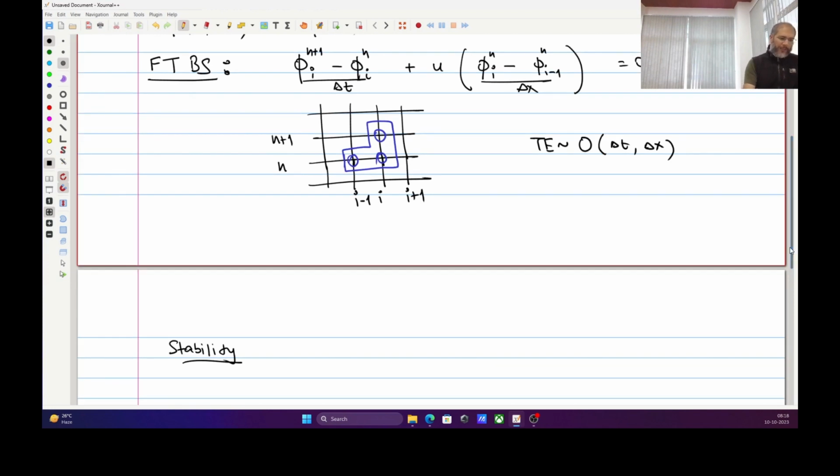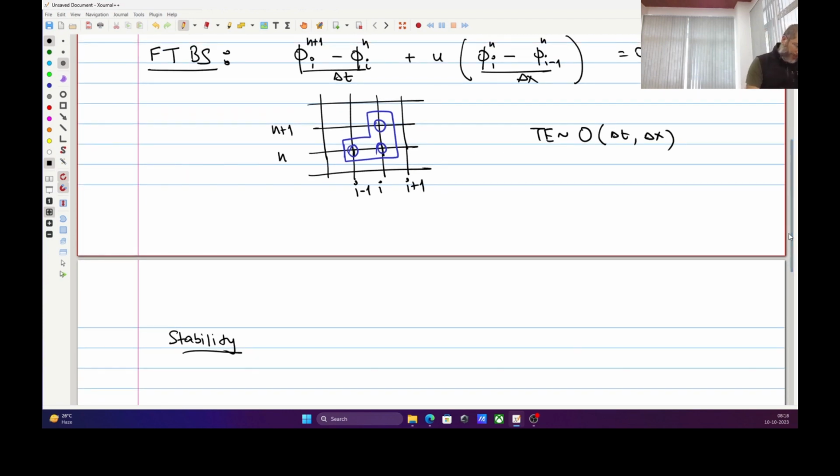So for stability, what we need is to go for the von Neumann error analysis. In that case, what do we do? We write the error equation first. And in this case, you'll see the error equation turns out to be the same as the governing difference equation. So the error equation becomes